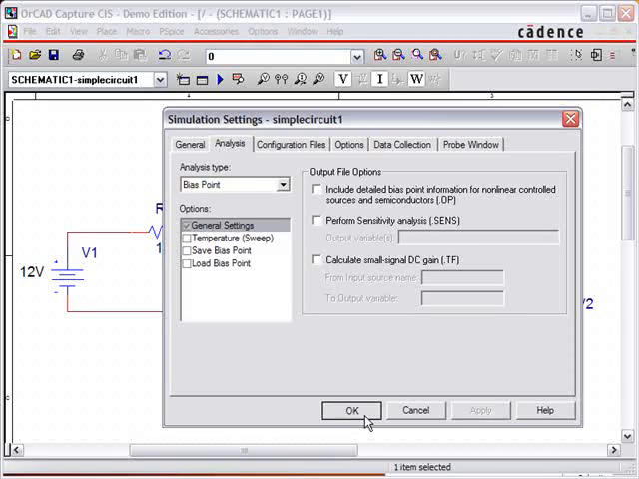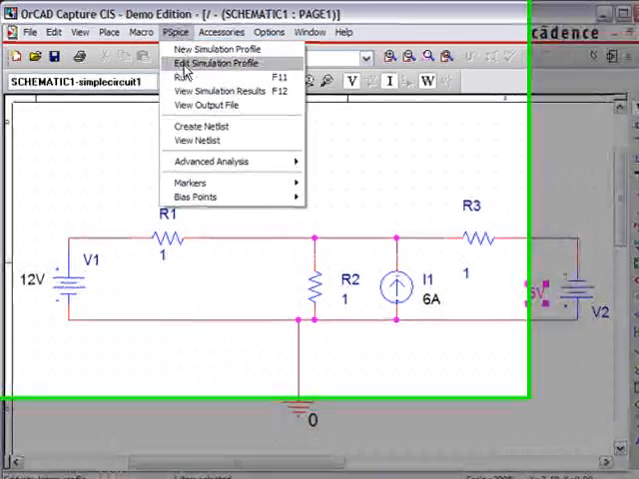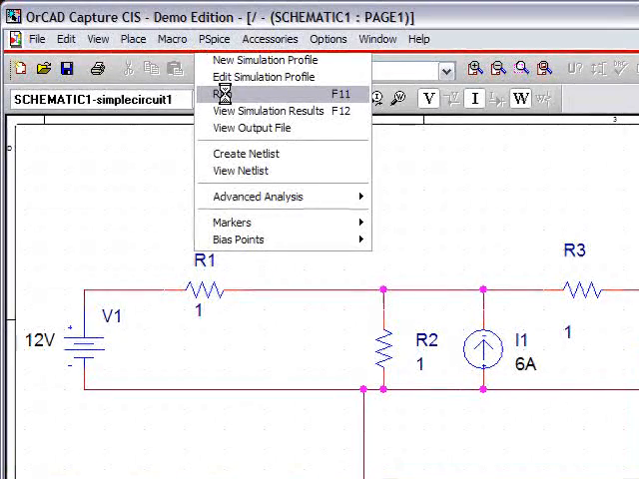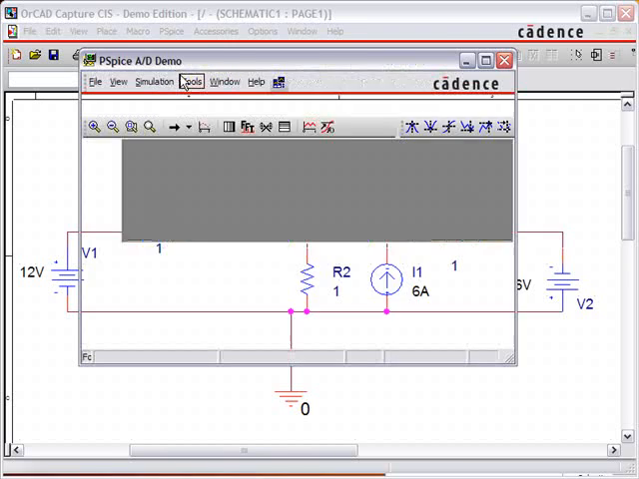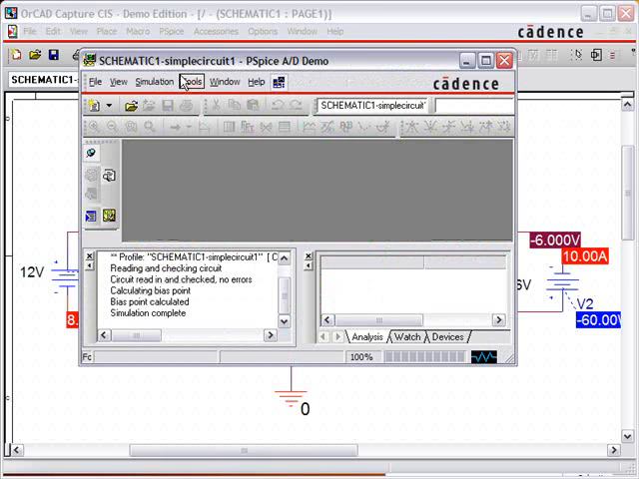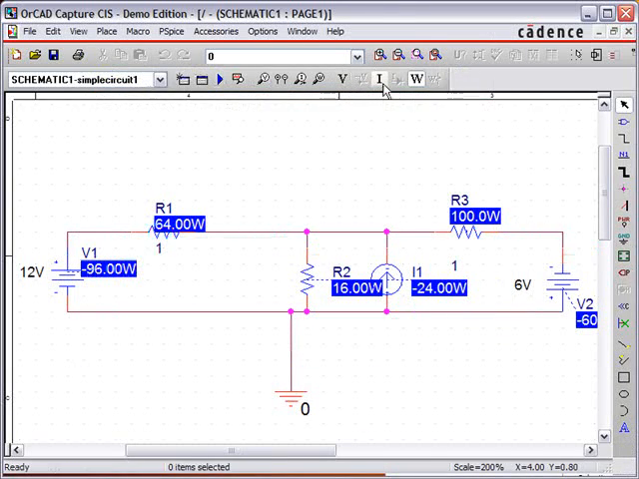Hit apply and OK. Now we just go to PSpice and hit run, or we could have clicked on the blue arrow, and just wait until the analysis is complete. Right here we need to make sure the simulation is complete, and we have 100% right here. So now we can drop it down,